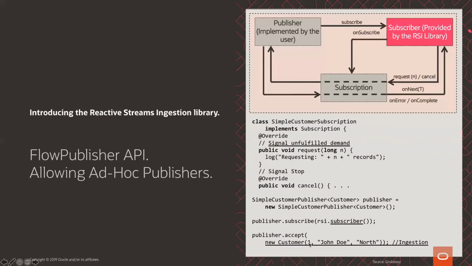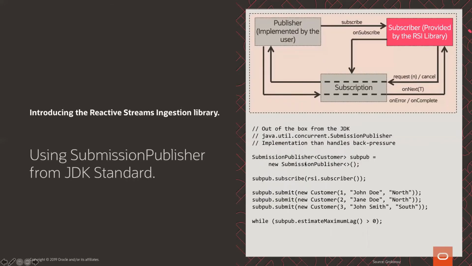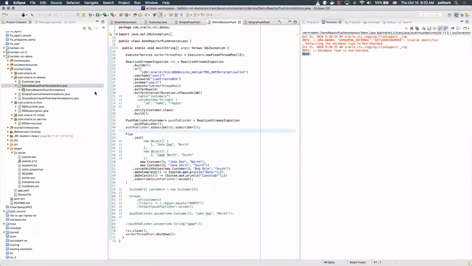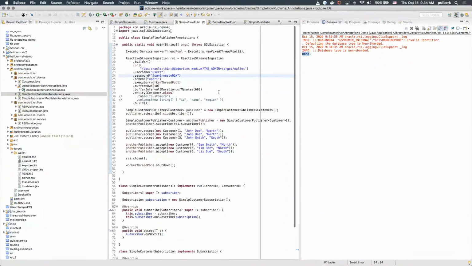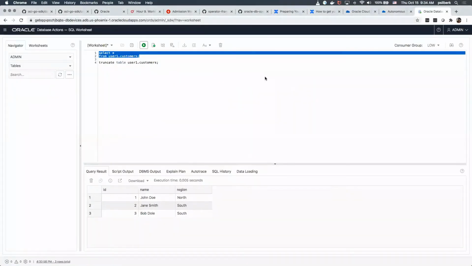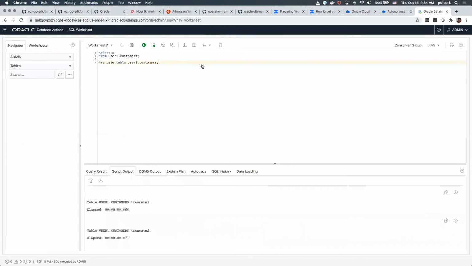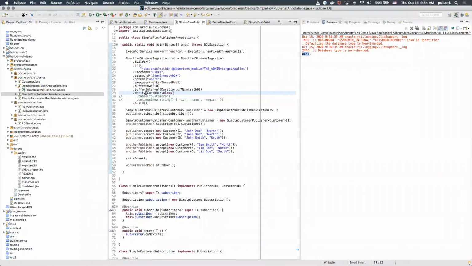And obviously, the ingestion is going to happen when the publisher accepts a record. We already saw how to use it; if you don't want to create your own, let's see the flow first, and then we'll talk about this a little bit. So let me show you a simple flow publisher. This is what I was showing you in this example. First of all, let's clean the database. So when you create a flow publisher,